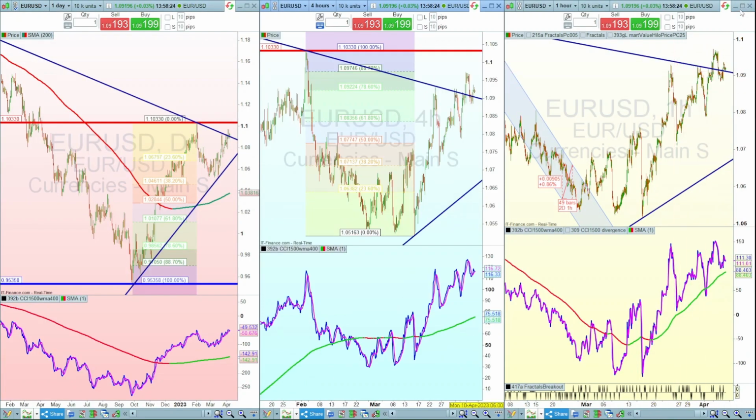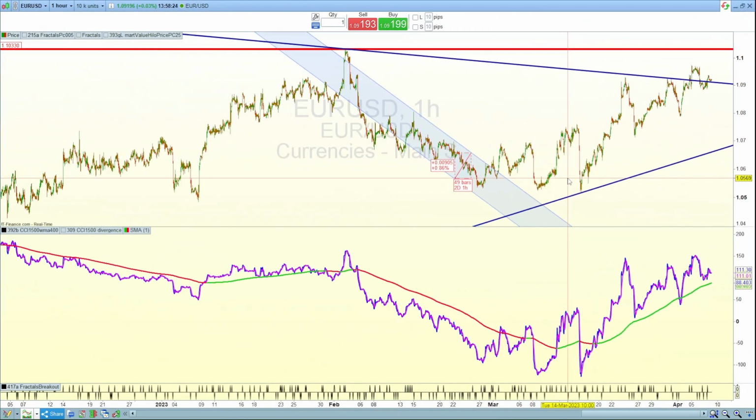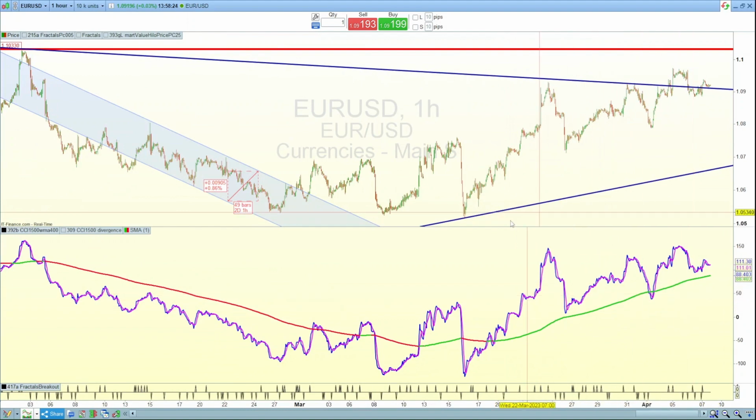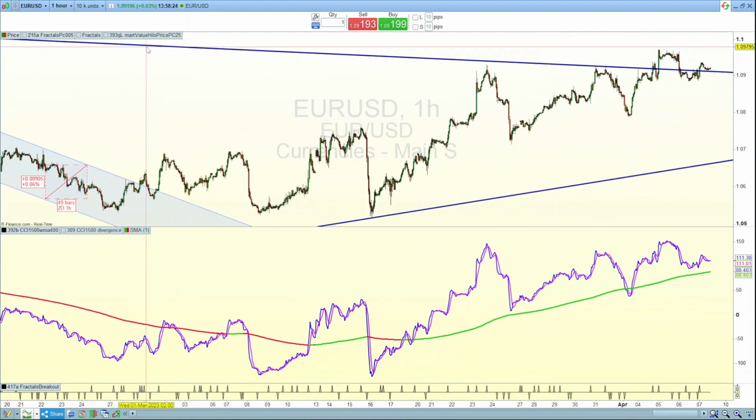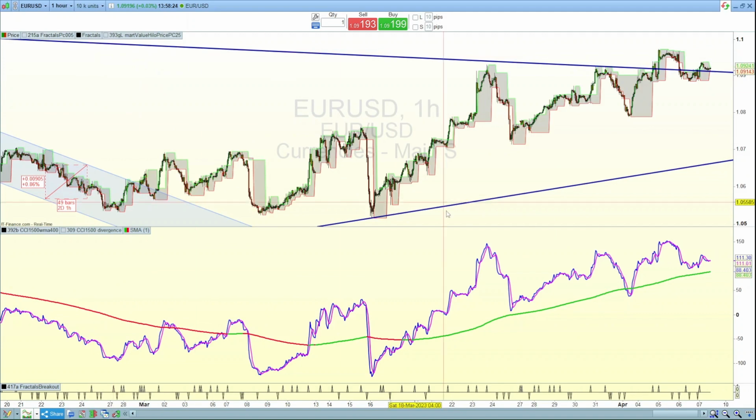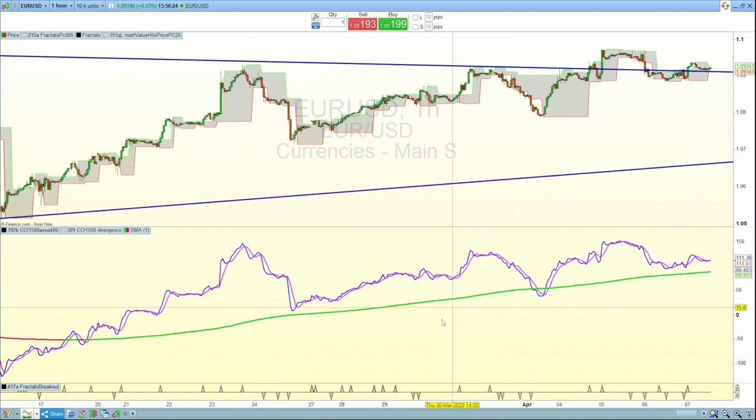On the hourly, again, looking at it more closely, I'll explain what this channel is in a minute, so just ignore that for the moment, but you can see there we're still in this uptrend and following this level and breaking above this diagonal descending trend line. So in terms of trading ideas, I've got, if I insert fractals in there, first off,